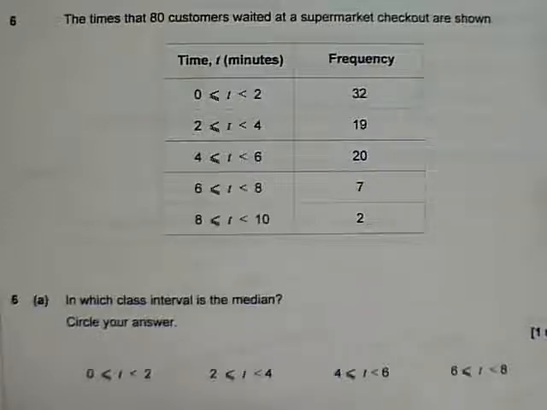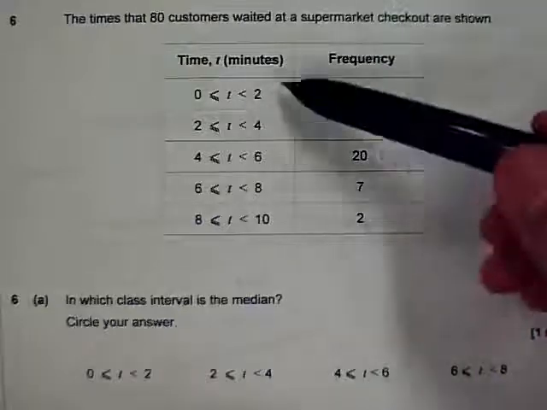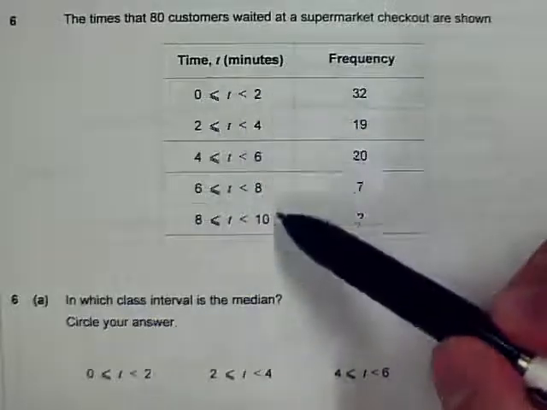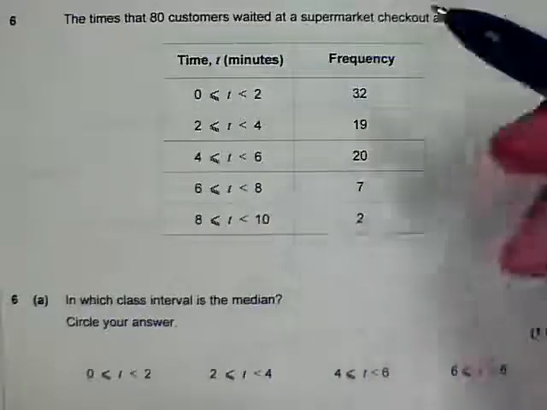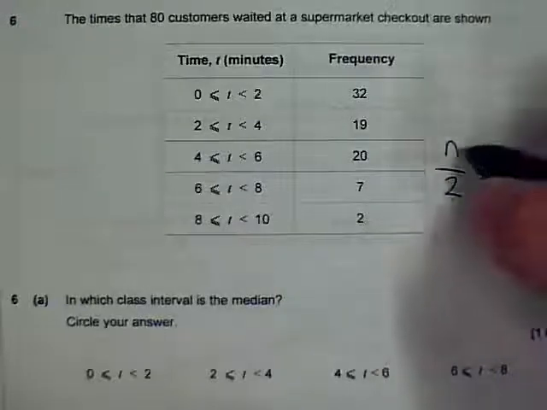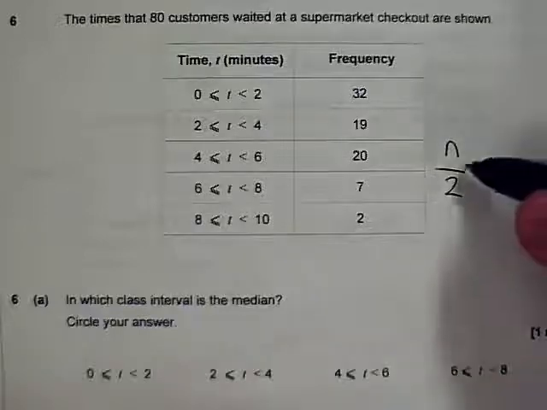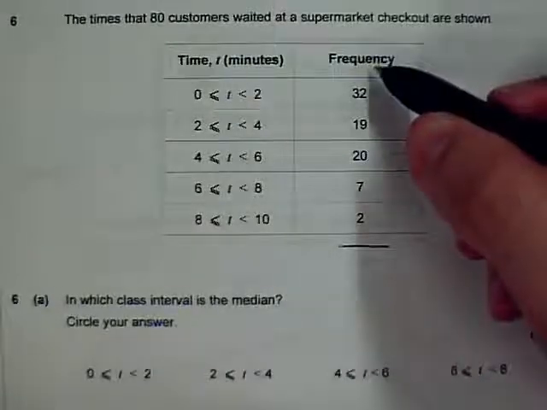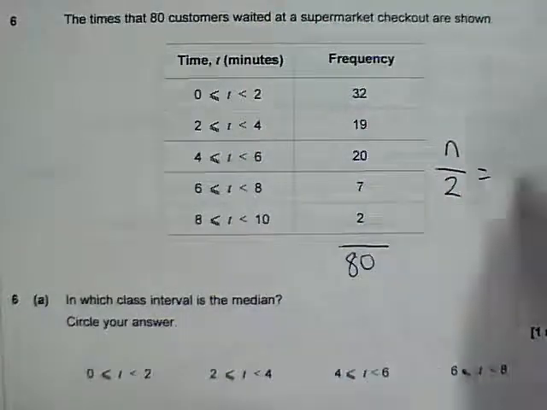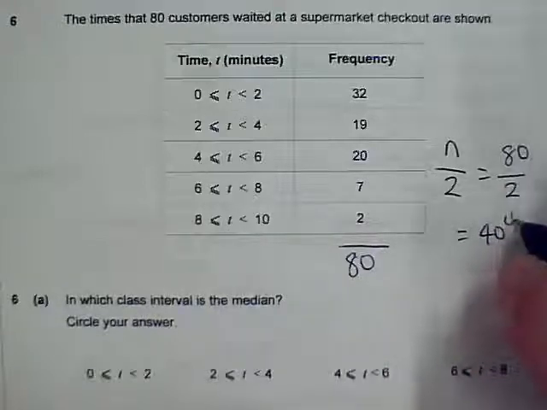So we need to remember the median is the middle value when the numbers are in order. These values are in order because they're in a table. We've got the people who wait the shortest amount of time through to the people who wait the longest. So we're going to use the formula n over 2. N stands for the number of people. So in this case it's the total frequency, and we know from the question as well, rather than adding this up, that it's 80. So if we do 80 divided by 2, that tells us that the median is at